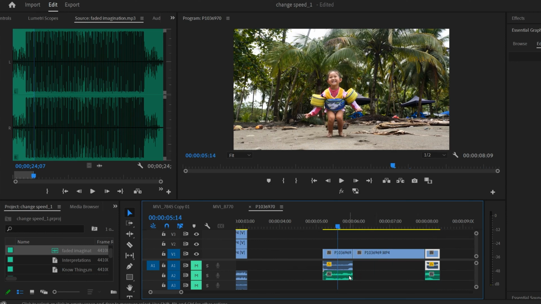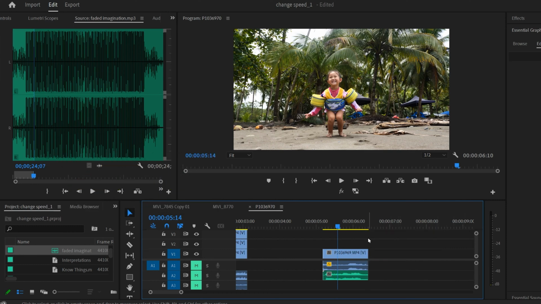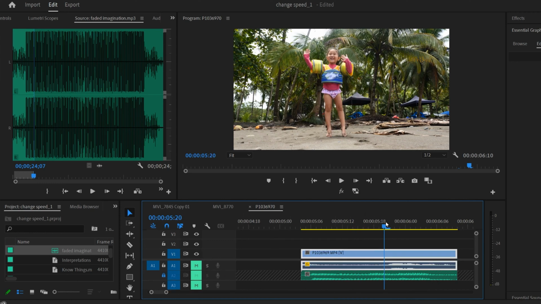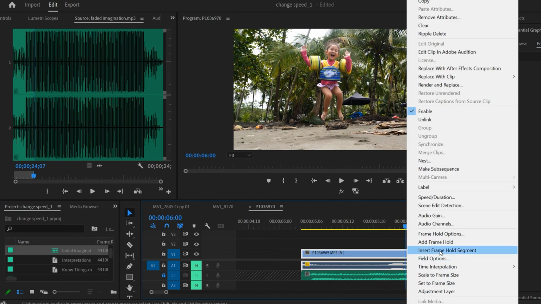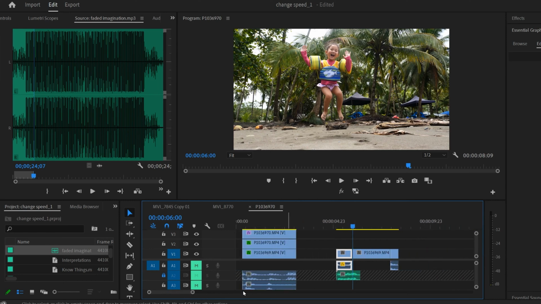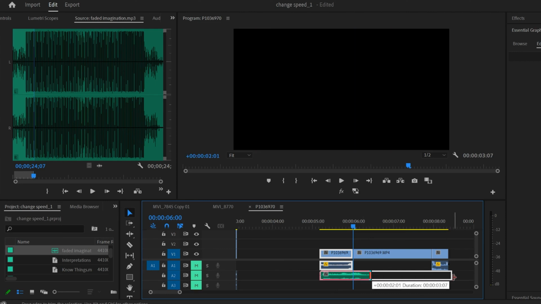But if you notice down here, I had a song underneath. It's gonna split the song or anything else. You have text up here, it's gonna split it at that point as well. So my suggestion, if I undo this and zoom in here again, all that you're gonna do is lock anything else. So I'm gonna lock this song so it doesn't get split. I'm gonna find my spot again, so right there, right click, insert frame hold segment, and now when you see, it's gonna add this segment right here, and now I can unlock the song and extend the song for the